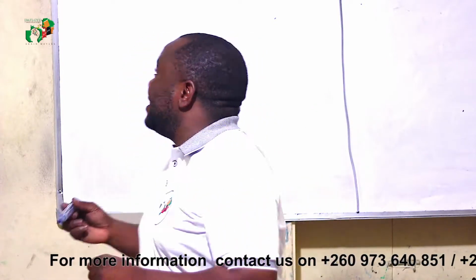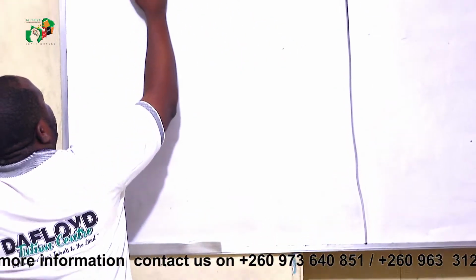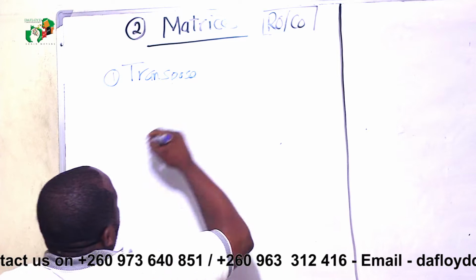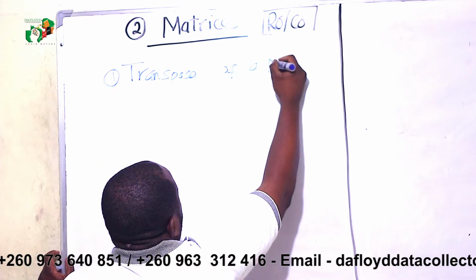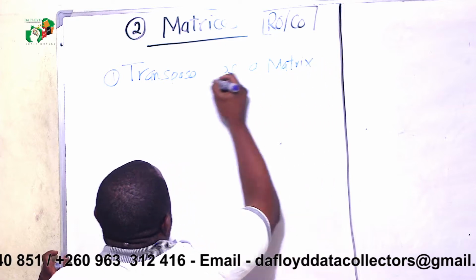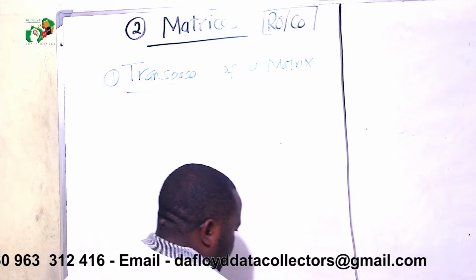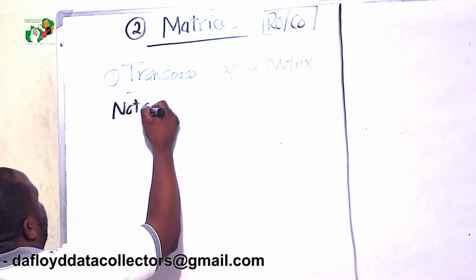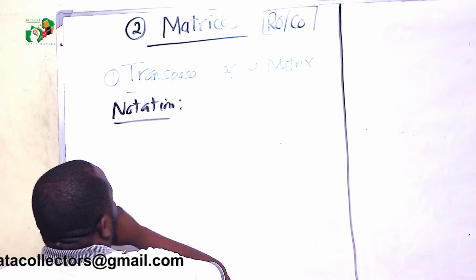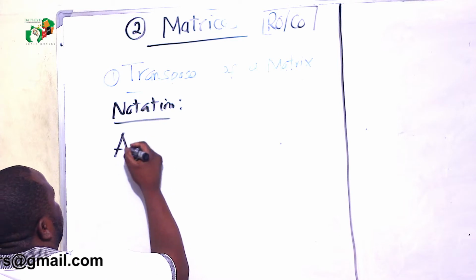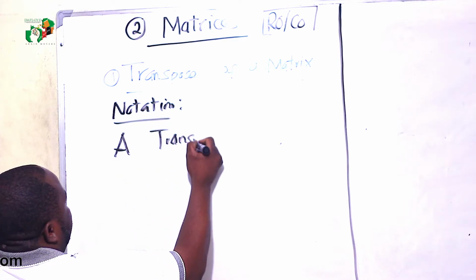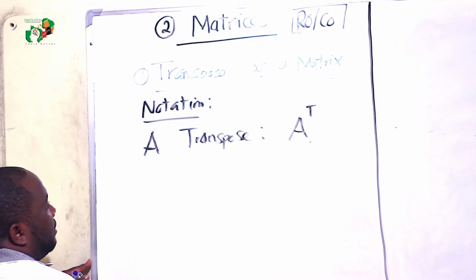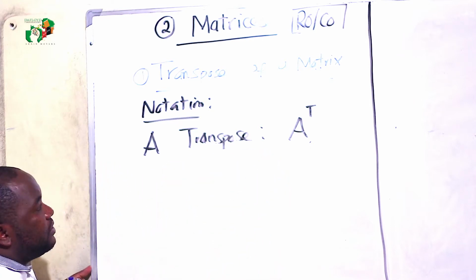Thank you very much. So now we look at the transpose of a matrix. I'll call this my number one today: transpose of a matrix. Notation: how do you write a transpose? Given any matrix, let's say A, A transpose. This simply means A transpose like that. What do they mean by A transpose? They mean